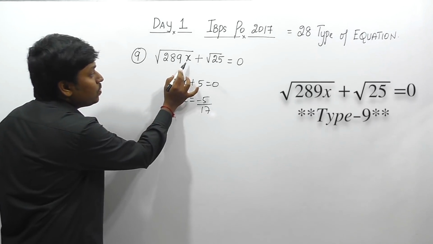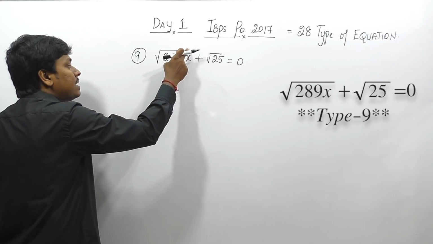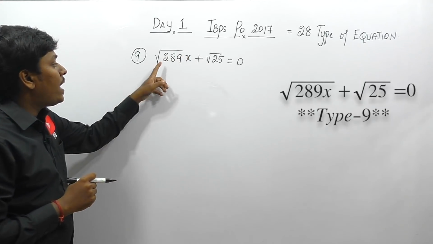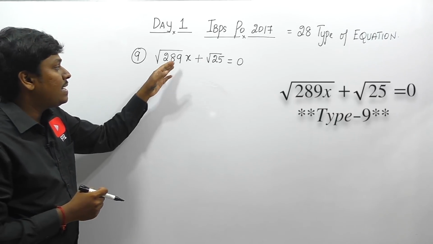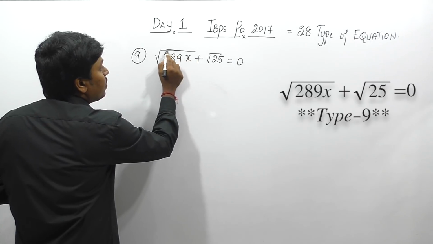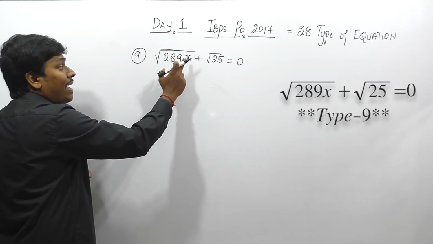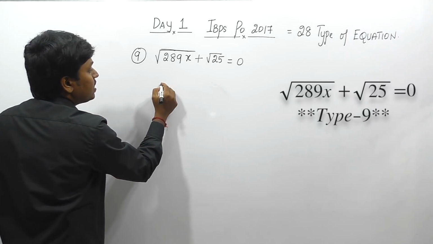Listen carefully. You need to concentrate on the x carefully. If the term is like this, root of 289 x plus root of 25, then you can solve this as 17x plus 5 is equal to 0. But here the root is common for both the terms, root of 289x, right? Both the terms have the root in common. In this case, what you need to do is, root of